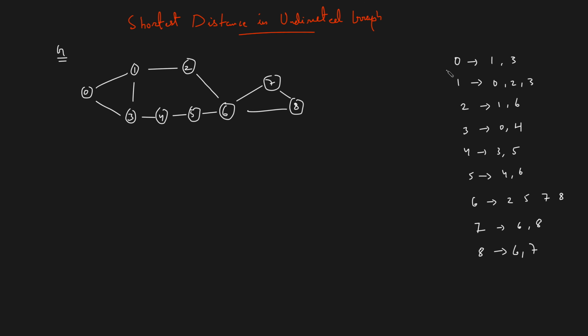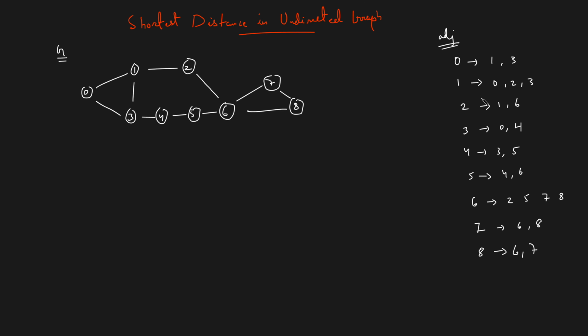So today we will be discussing how to find the shortest distance in an undirected graph, where no weight will be assigned to the edges. So assume that this is the graph and the adjacency list for the given graph will be something like this that I've already drawn, because I've already discussed in the previous videos how you get an adjacency list